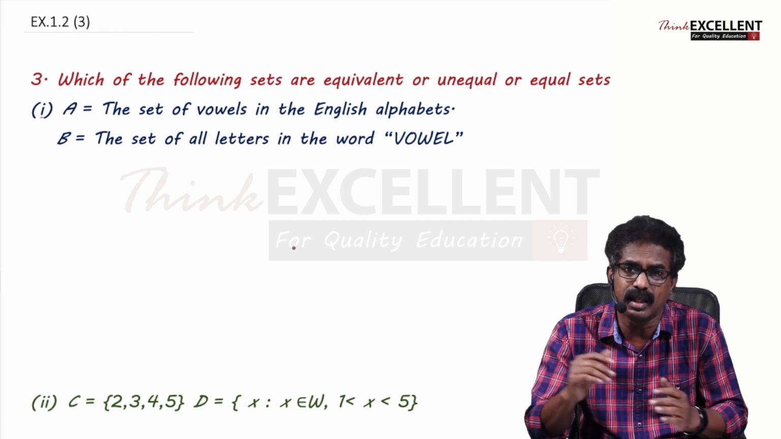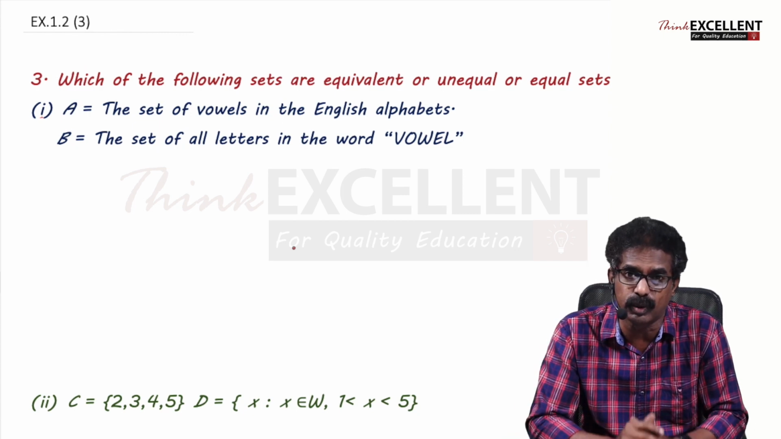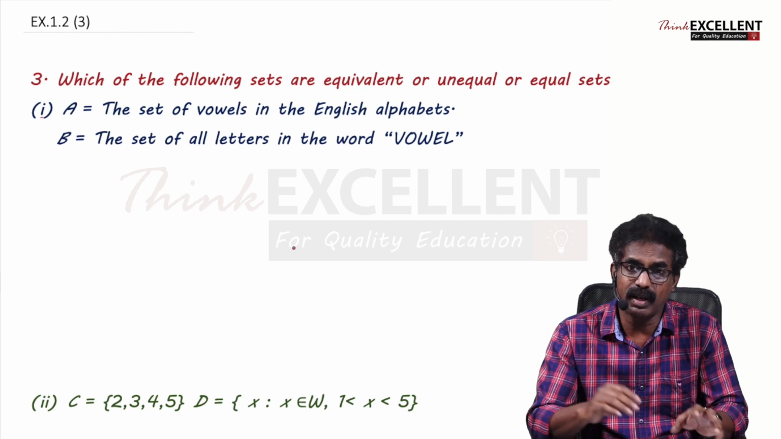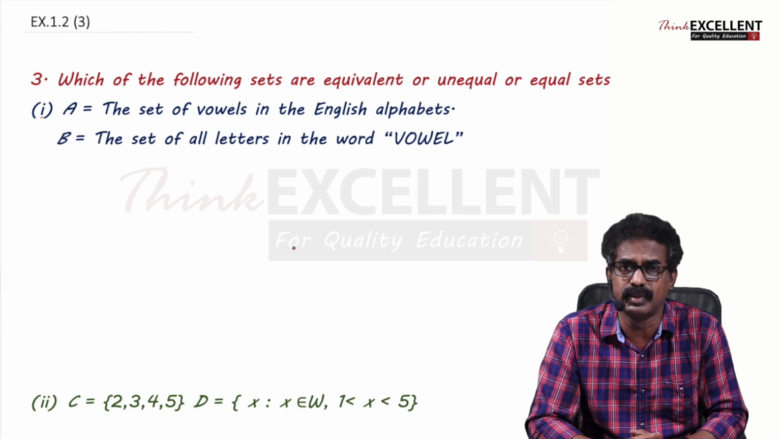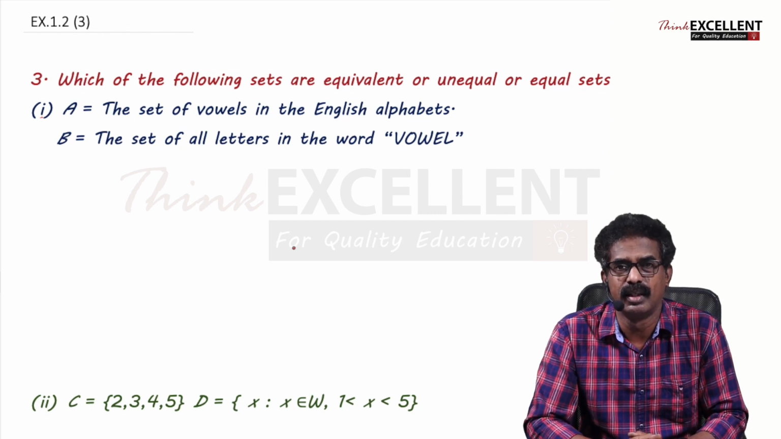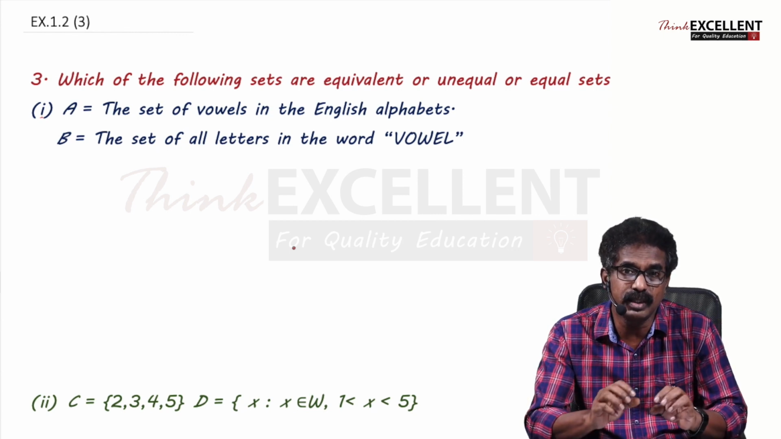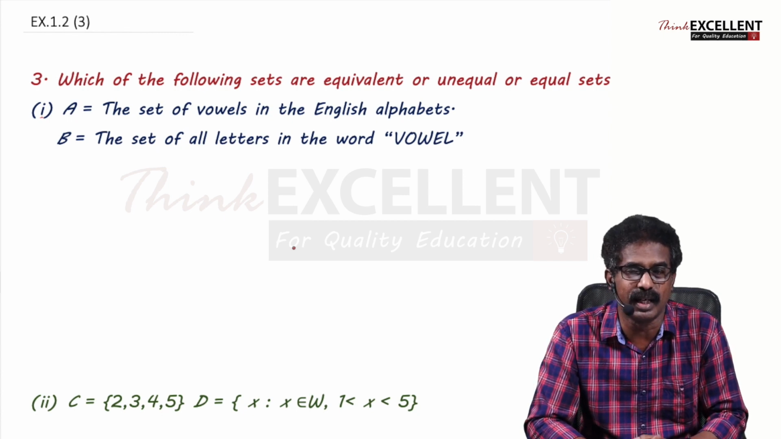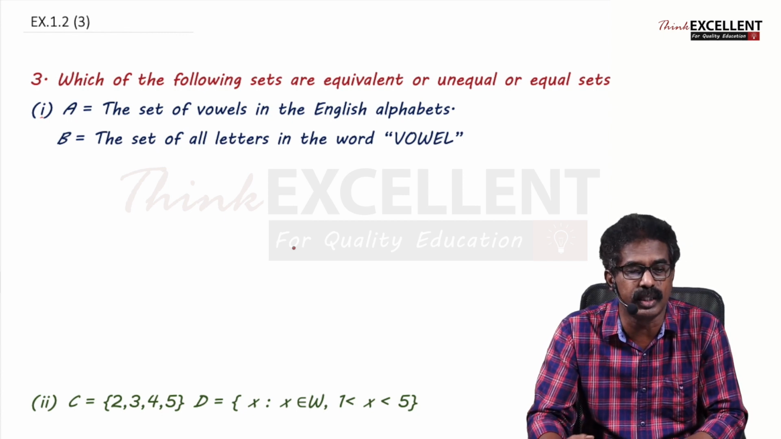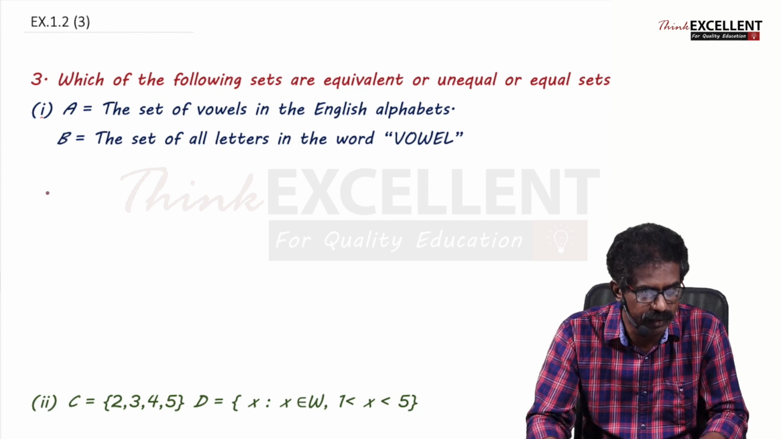Here 3 elements, the other set also 3 elements. You say they are equivalent. If the number of elements is the same and also exactly the same elements, order may be changed, then we say they are equal. Then if it does not come in any of these two categories, we say they are unequal. So we can classify into 3. So see here, the first one,